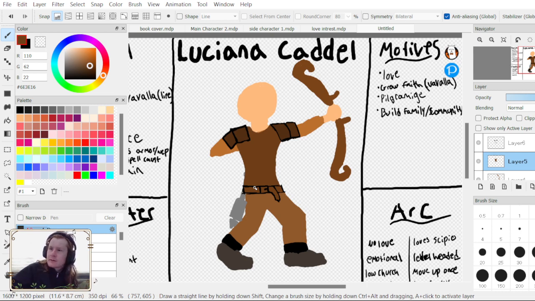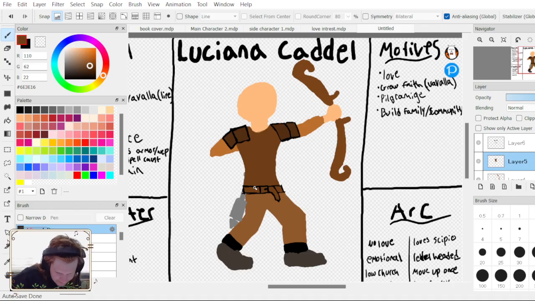Some fur. I want something to break up the brown armor. The only other type of fur I can think of is like white.